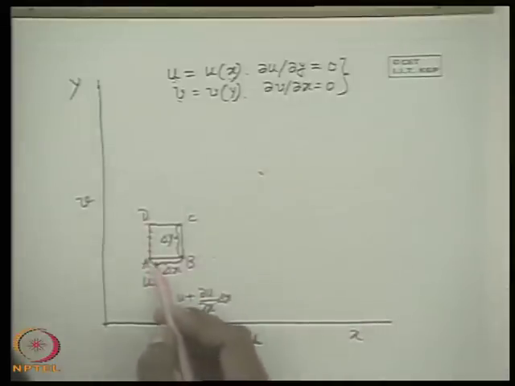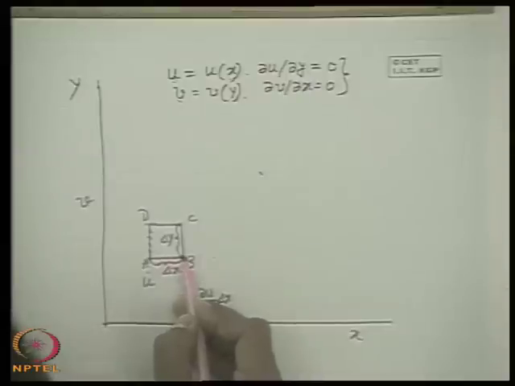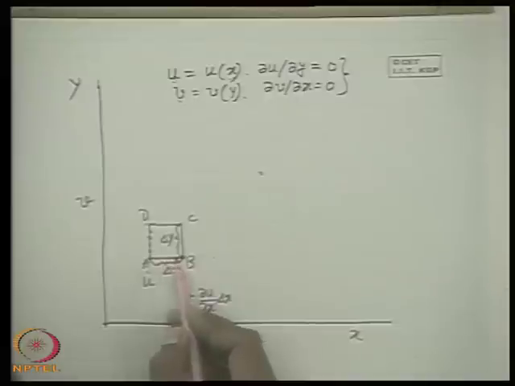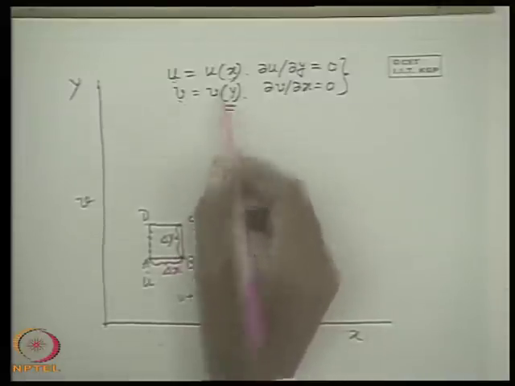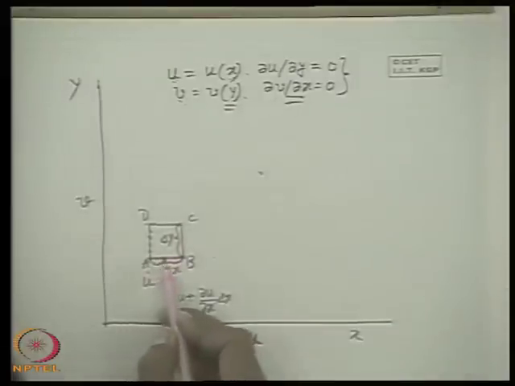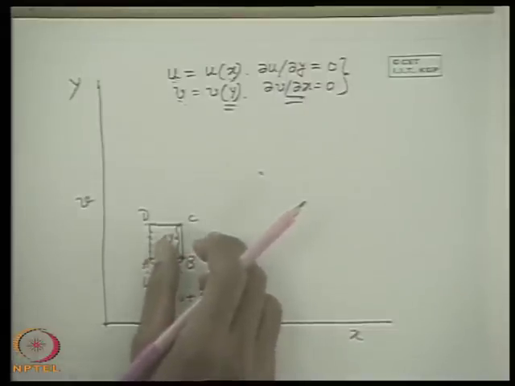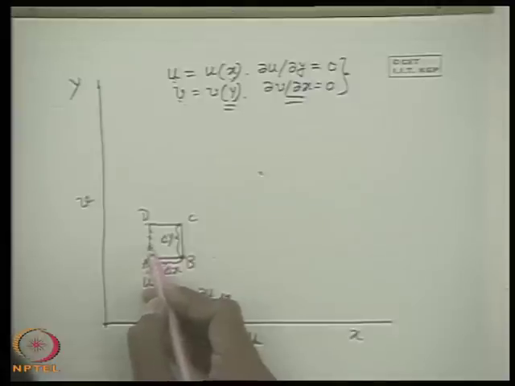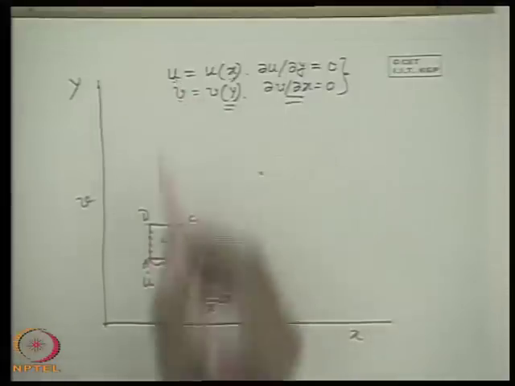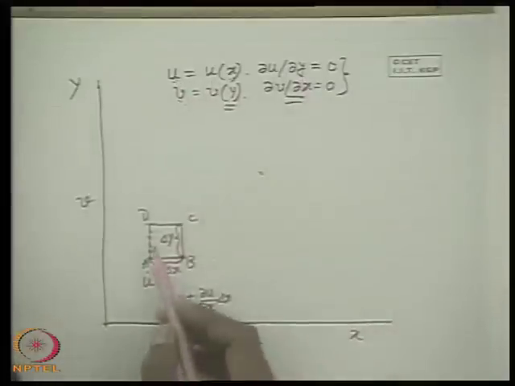In that case, if we now consider the different points in the linear segment AB, one thing is true: at all points the y component of velocity is not changing. This is because v is not a function of x. This is 0, because all these points vary only in the x coordinate. So for these reasons the line AB gets parallelly shifted. Similarly, the x component of velocity for all the points on the linear segment AD does not vary, because the x component of velocity is not a function of y, which means that the line AD shifts parallelly.